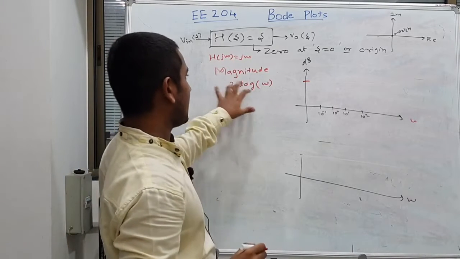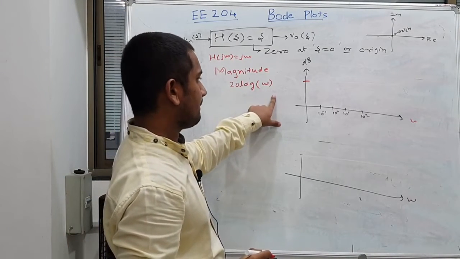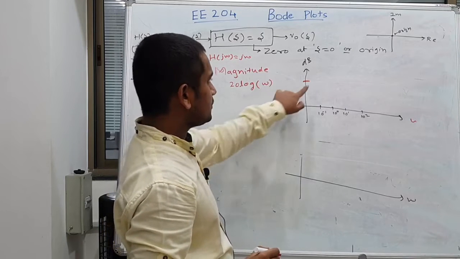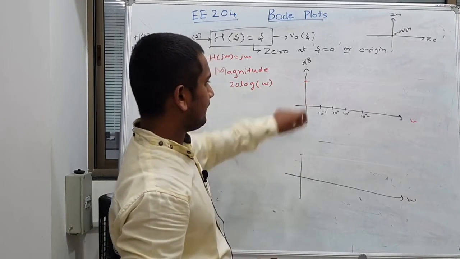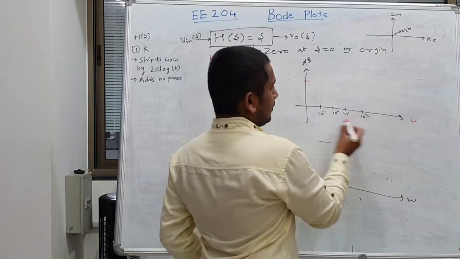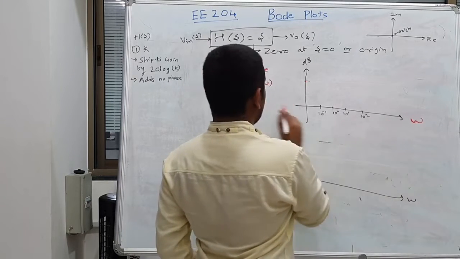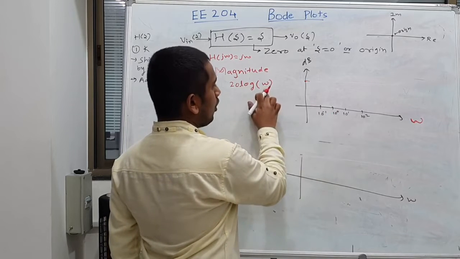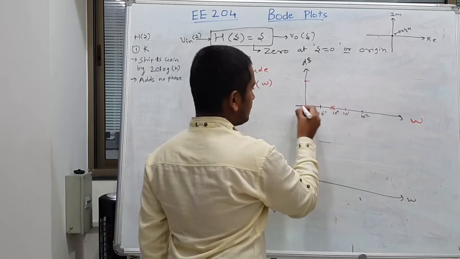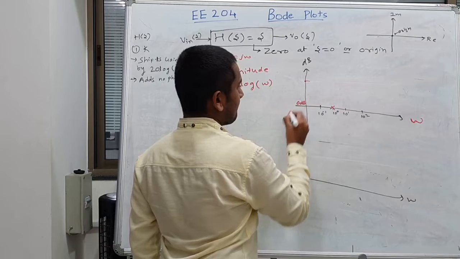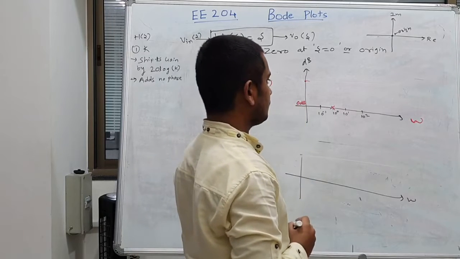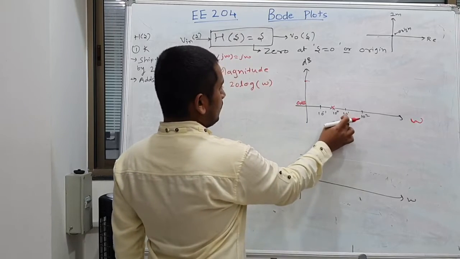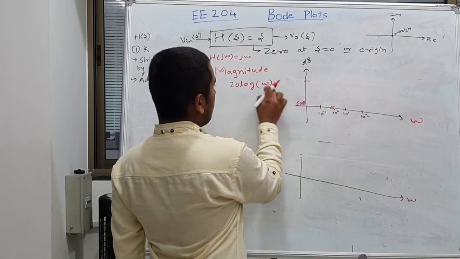And we will look at magnitude, that is 20 log of omega. Now let's substitute values one by one. If we write omega equal to 10 to the power 0, that is omega is 1. 20 log of 1 is 0 dB. Now put 10 to the power 1 here. 20 log of 10